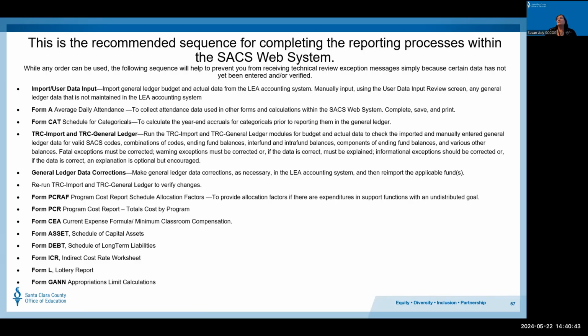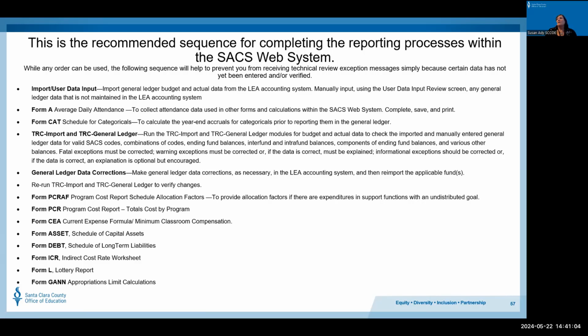Then run your TRCs, then make any corrections in your financial system, re-import, rerun. Then you can run your program cost report, schedule allocation factors, provide any allocation factors if there are expenditures that support functions in undistributed goal.